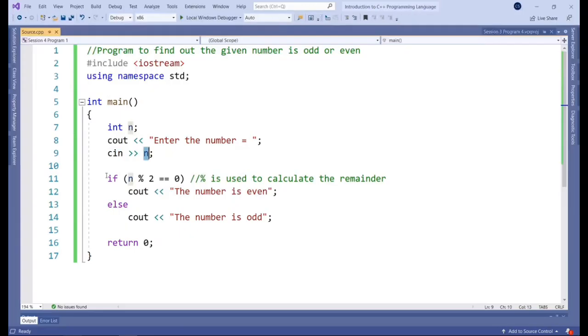Now this is where we get our first if statement. Basically what we're doing here is we have defined two scenarios. The first one is scenario 1, where the number is even, or scenario 2, where the number is odd. Okay? And this is based on two conditions. The if statement carries the main condition.